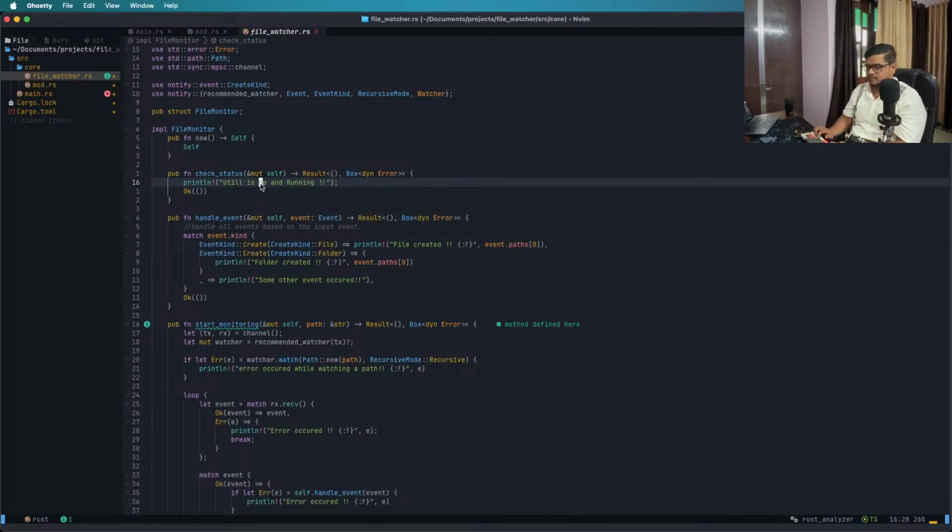So we have updated a few functions over here. What we did was we were simply returning a string or something like that. We have now returned a result type that has unit type as the success value. And